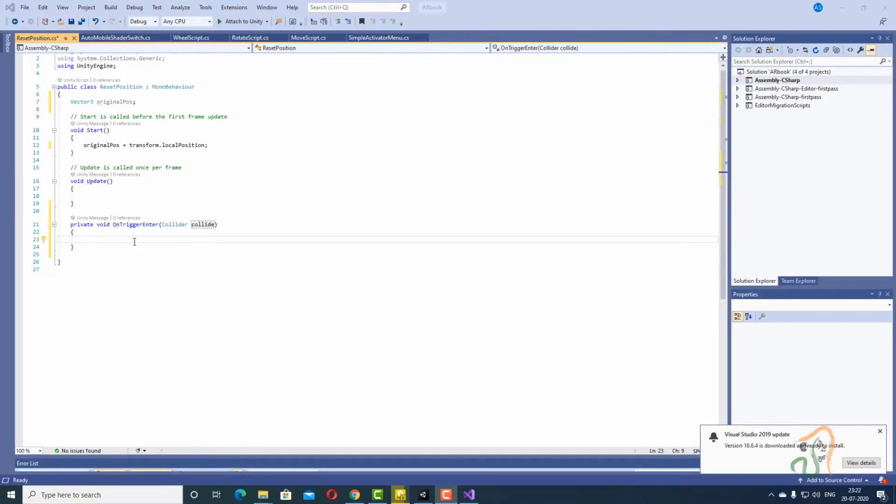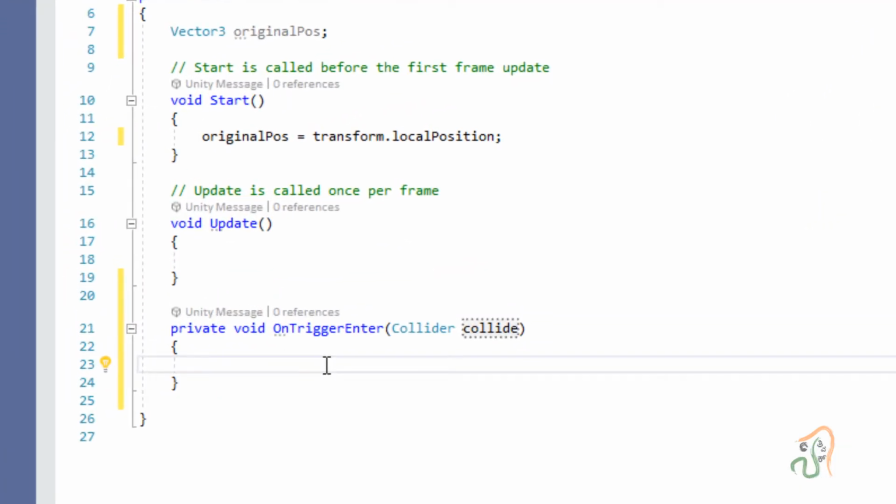So now coming back here, we are going to test for a condition. The condition that we have to test is whether the object that has collided has a tag ShipHit. This we have to identify. To identify it, we are going to use the if statement.